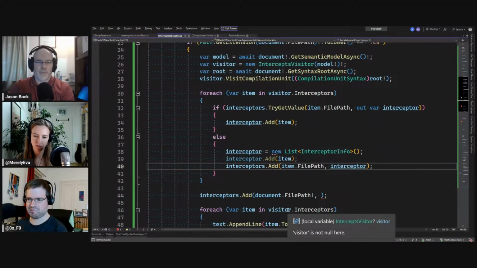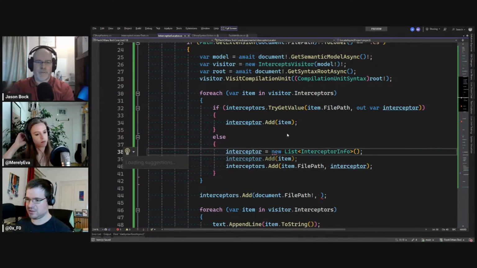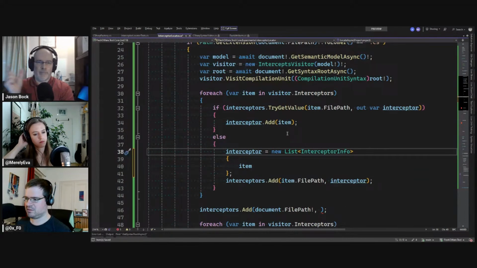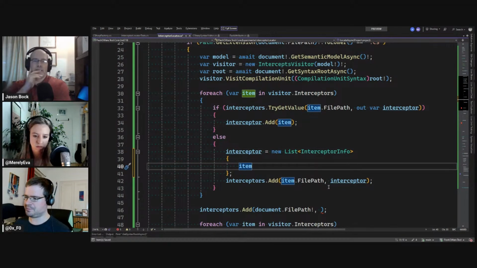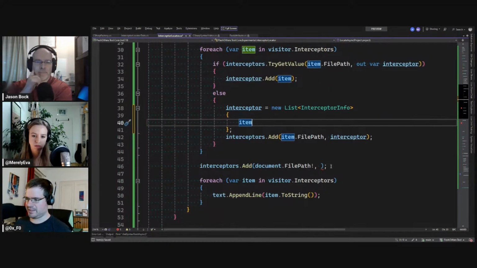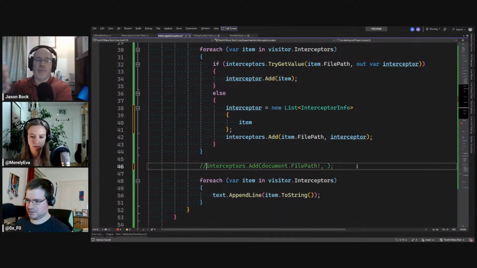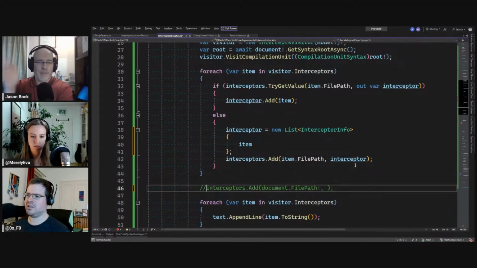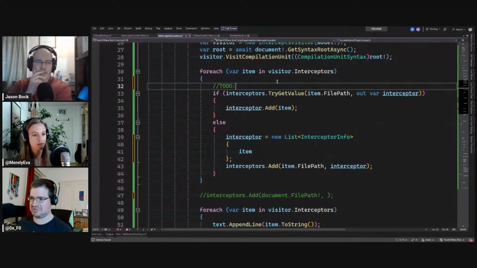And now it's giving you a little bit of a smudge to tell you, I think that you can initialize that by just doing the item and like that. Cool. And now. This could all maybe be optimized a little bit better, but for now, this does what we need. Linkify, I guess.